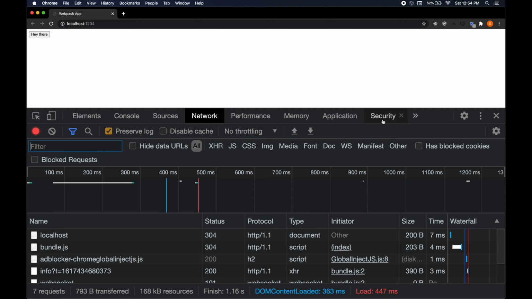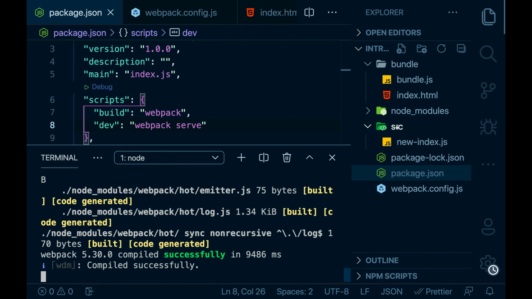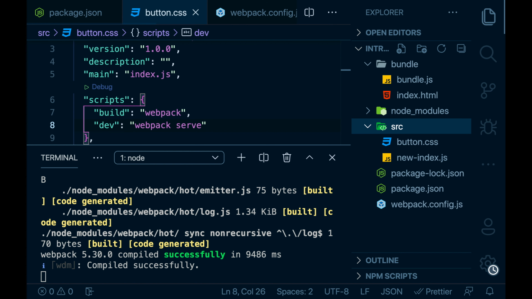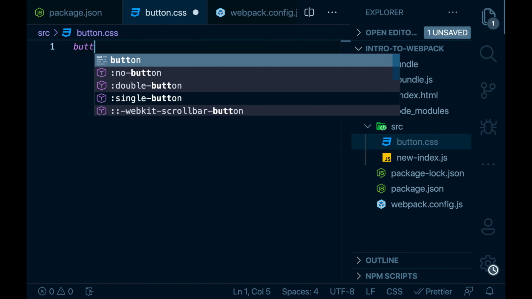Let's add some styles to this button. Inside our source directory, I'll create a new file named button.css. I'll style the button element.